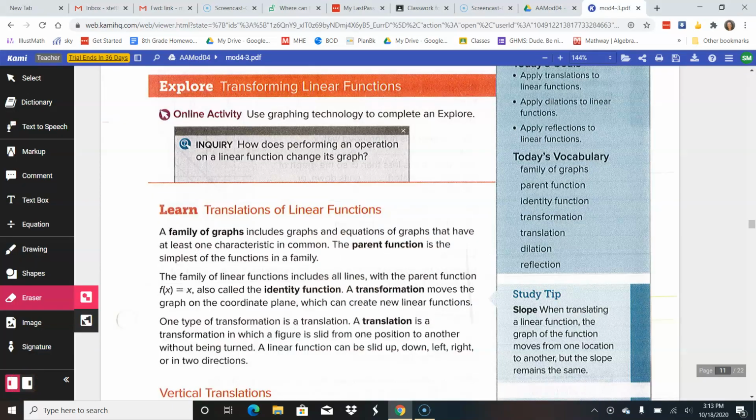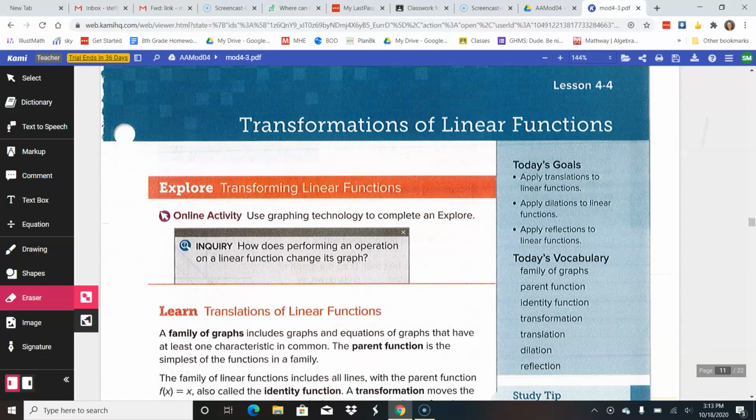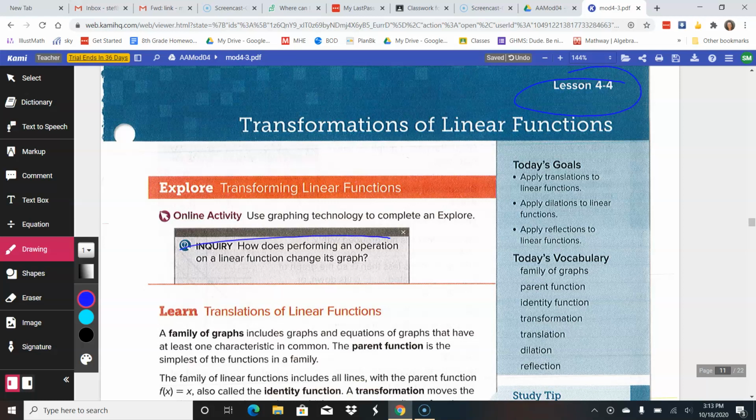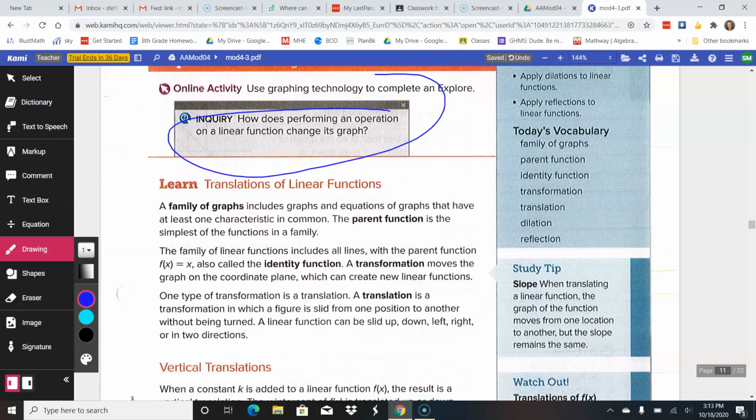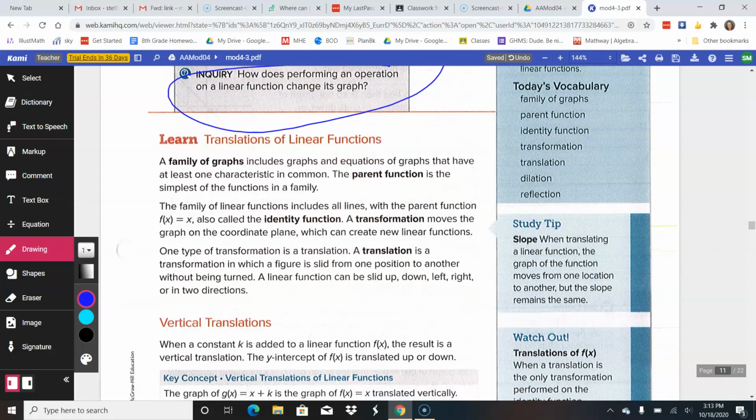All right, all right. Today we're going to learn about transformations of linear functions. And it is lesson 4.4, and you're going to be able to perform an operation, and the line's going to move up and down the graph. It's going to go left, right, up, down. Very, very intriguing stuff. In order to get to a certain point of understanding how our lines transform or translate,